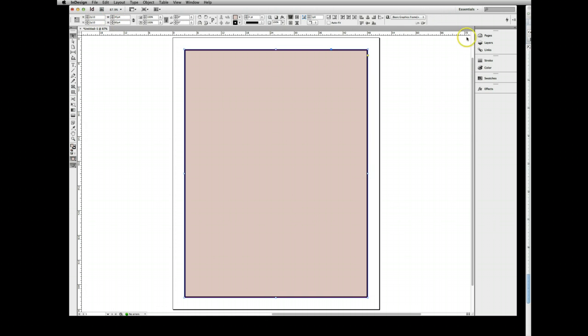Next, we want to create a new layer by selecting the layer menu at the right and clicking the new layer button on the bottom of that menu. Once this is done, we can add a graphics box by selecting the rectangle frame tool on the left. To place this, you click and drag it to the size you want,